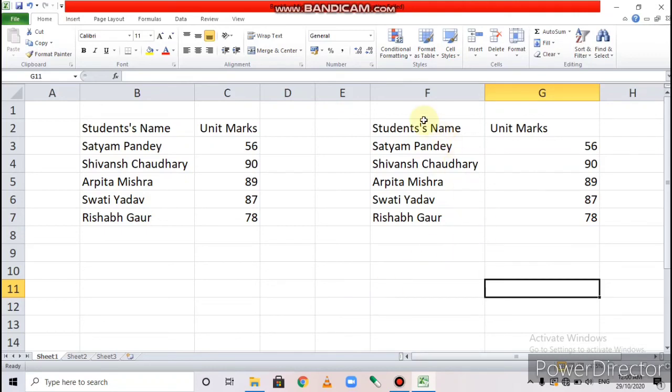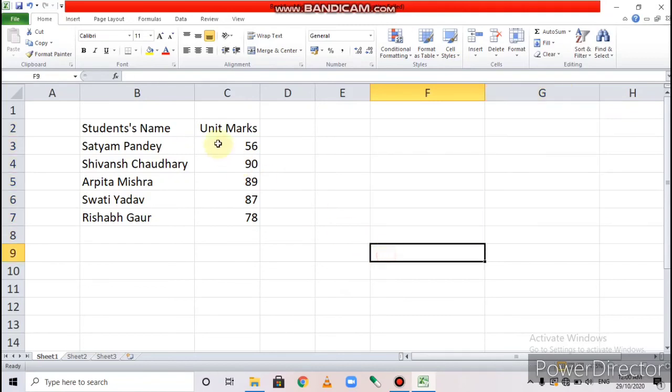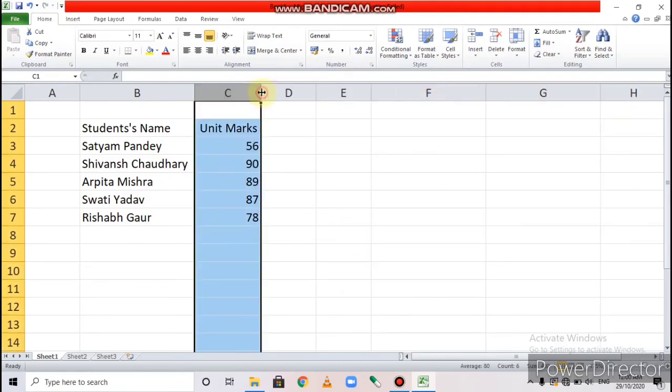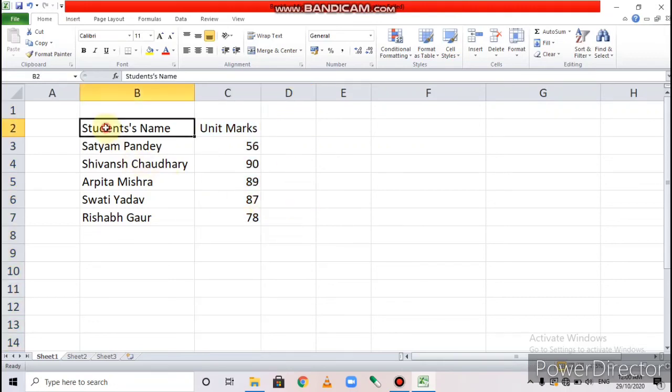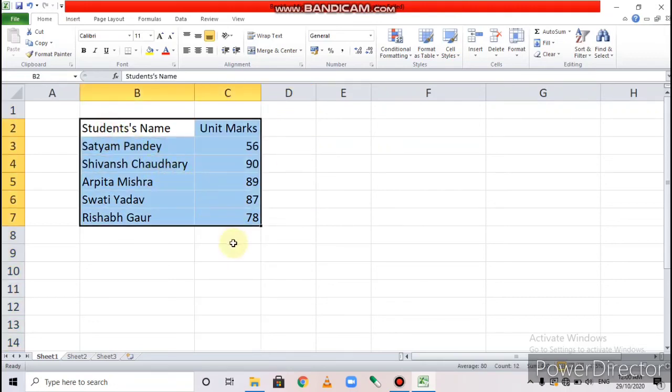Now, look. To copy or move data with the help of the drag and drop method: the step is to select the range and place the mouse on the border.